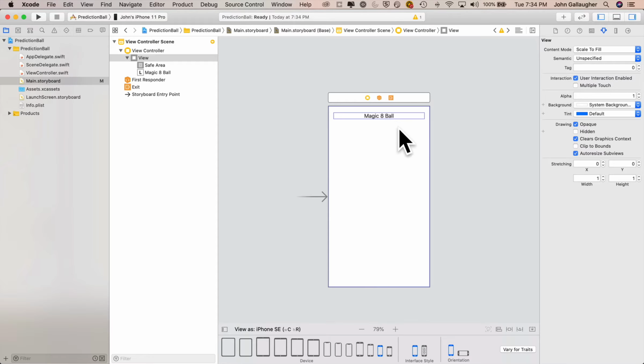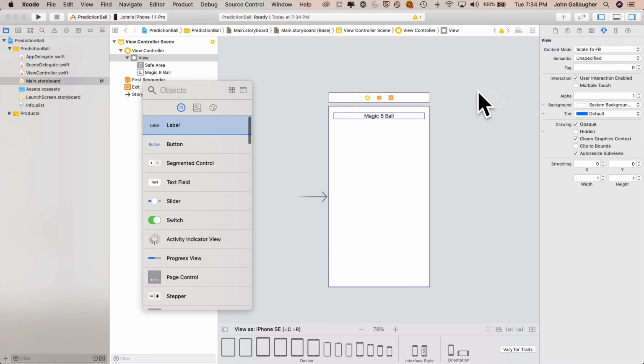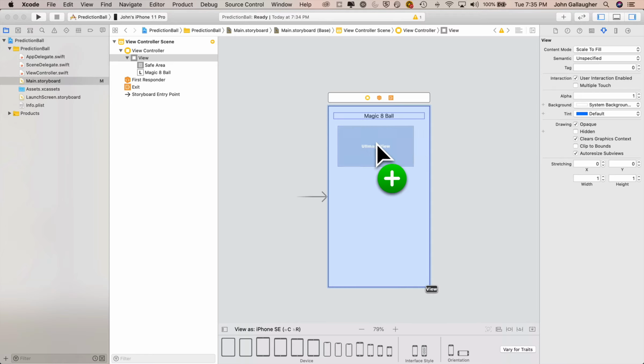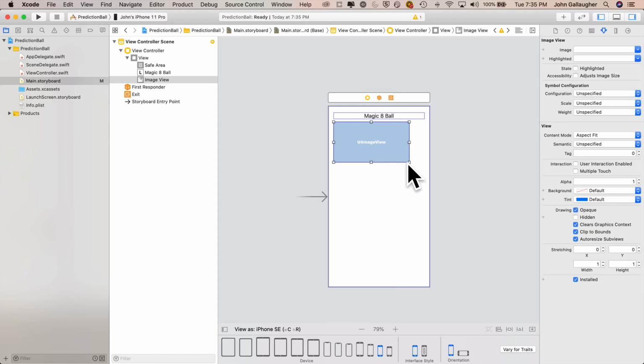And now I want to add an image view to show our 8-ball image, so I will click on the plus sign to bring up the library, search for the word image, then drag over this image view object and plop it where the upper left-hand corner of the image view is aligned with the margin lines on the iPhone just below the label. With the image view clicked, I can see the handles. I'm going to drag the handle in the lower right-hand corner and make this so that it's roughly square,